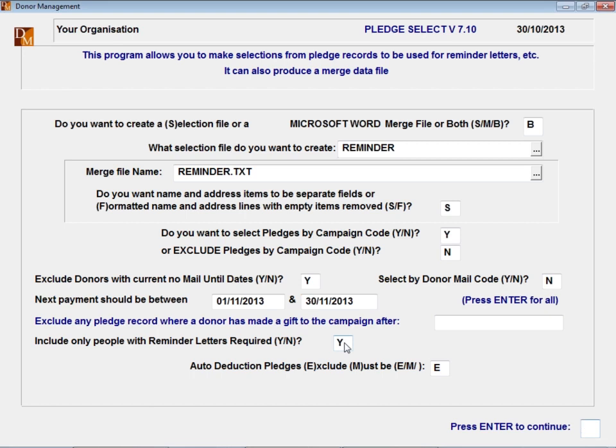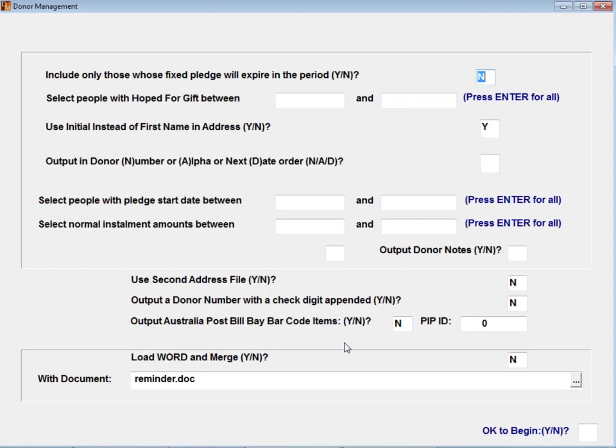Okay. For most of the reminders that we're doing, what I've done on this screen here should cover everything for my particular reminder. But when we enter, we'll get to another screen with questions where we're talking about different things, where Andrew was saying before that we had people that had fixed pledges, or we had things where there is going to be a finite number of donations or dollar value of the gift. So this is where the first question comes into play, which says only include those who have a fixed pledge who will expire in the period. Yeah. So this is where I can say, yes, I want to write to those people whose pledges are about to be paid up, and I want to do a special letter for them.